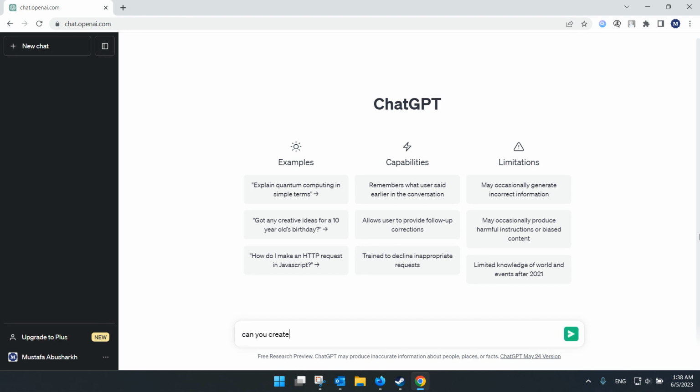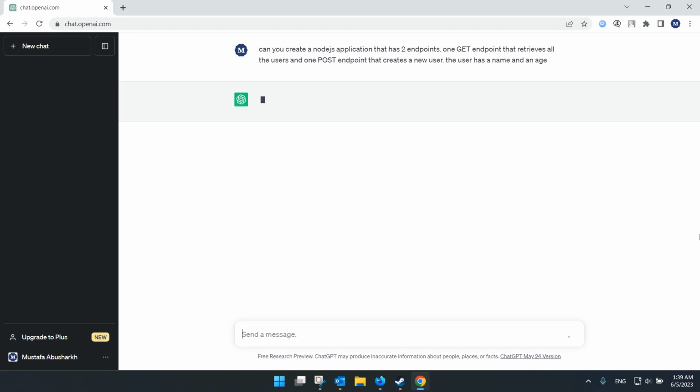Can you create a Node.js application that has two endpoints? And notice how specific I am when I am providing that request. One, one get endpoint that retrieves all the users, and one post endpoint that creates a new user. The user has a name and an age. I'm going to hit enter,